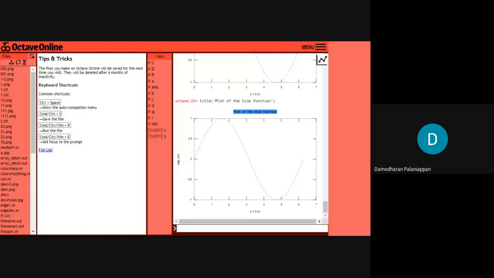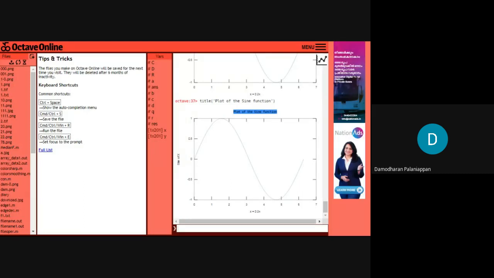Now, I'm showing the code. Just do it and reply to me. I'm sharing the code with you. By using this code, you are able to plot the data.